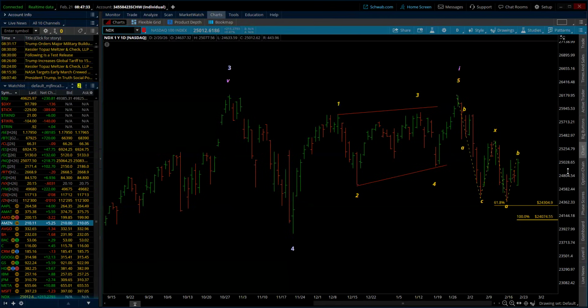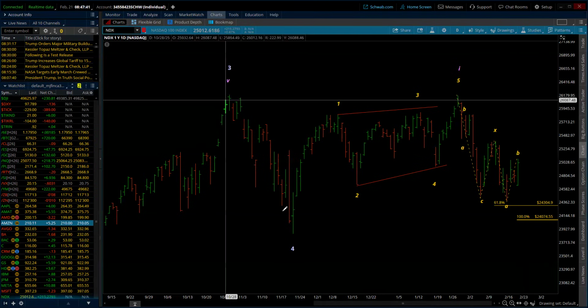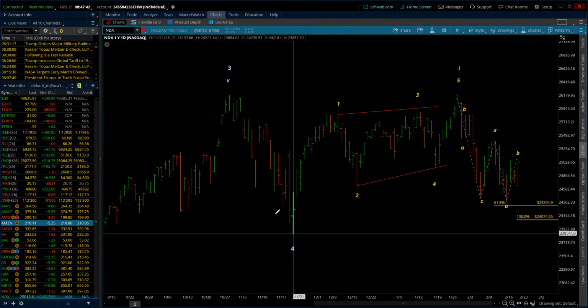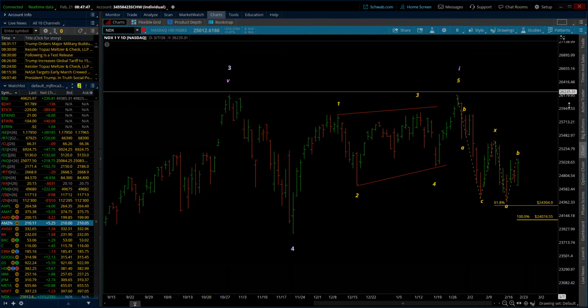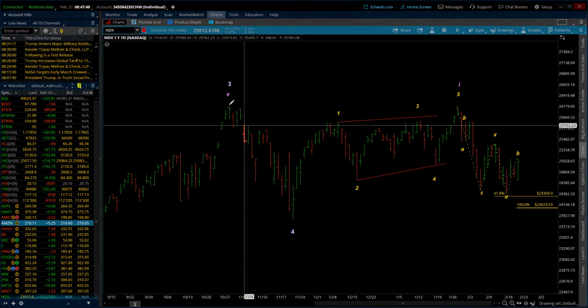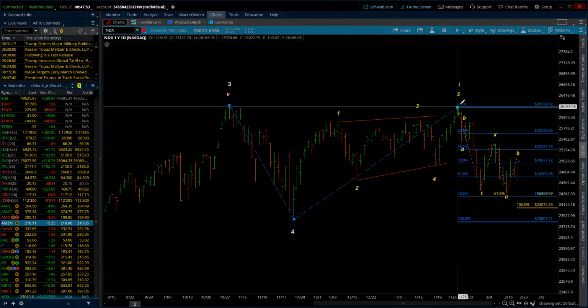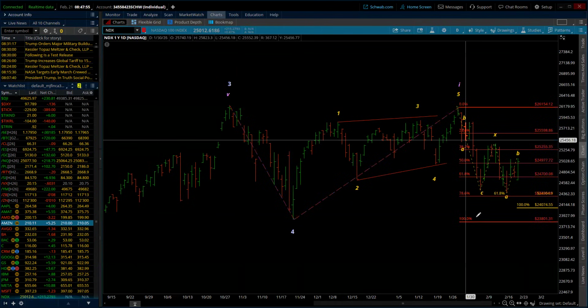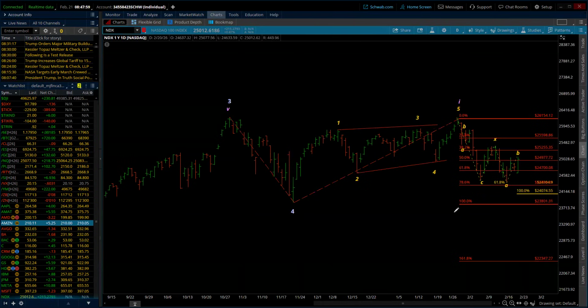So what does that suggest? Well, if it does, and this is A, and I'm going to leave it as an A of 4, right? We're going to leave this 3 in place and say A of 4, and this is B of 4, and we're coming down in a C wave. And if that's the case, you run something just like this, and we go out like that. And what do we have? 2308, and that's just 100%, where wave C equals wave A.